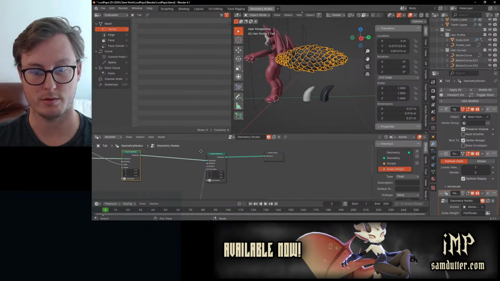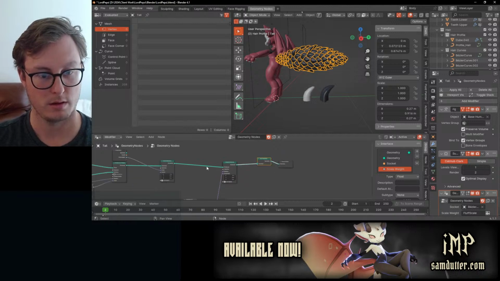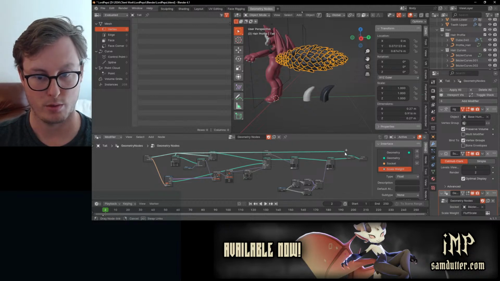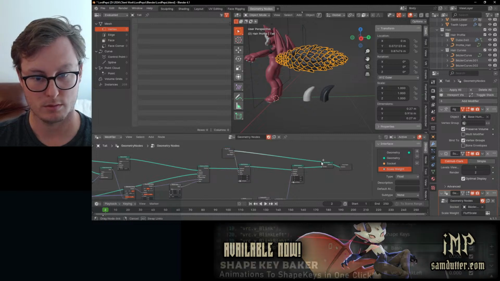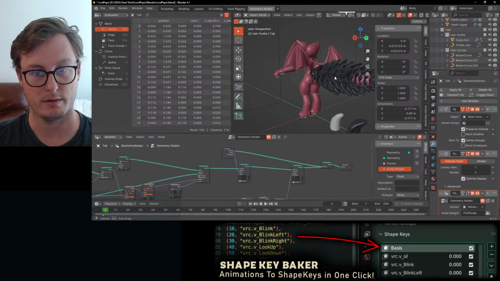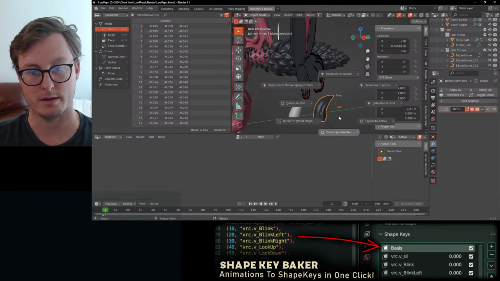And then lastly, of course, join geometry and take our original geo, and so we still have the tail bottom. Seems gigantic, so